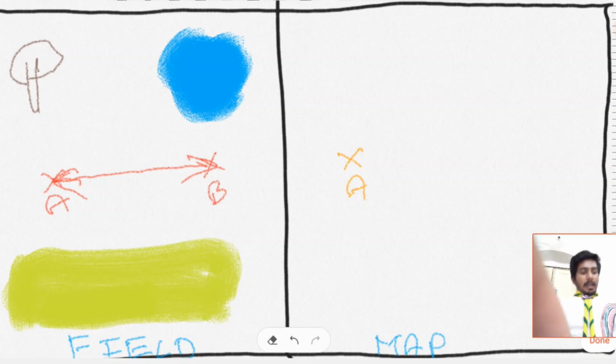Now we'll go to the point A and set up a plane table there, and then let us look towards the point B with the help of an alidade. An alidade is a tool which is used to see a particular point and which shows the direction on it.